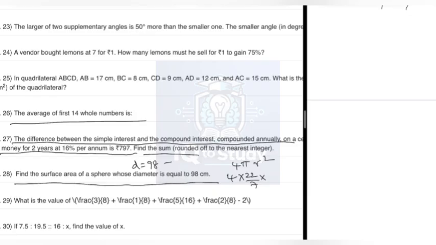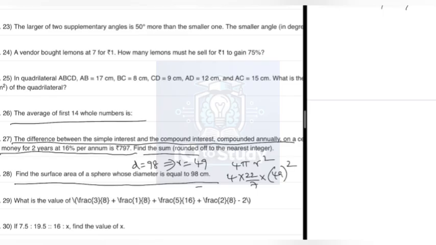So r becomes 49, because r is equal to d by 2. So 49 whole square,